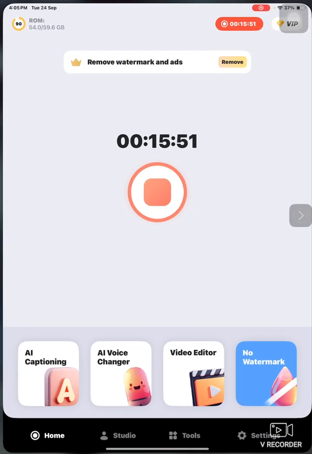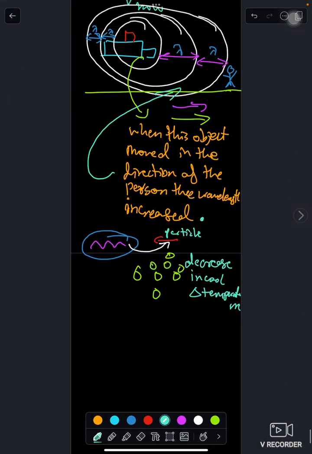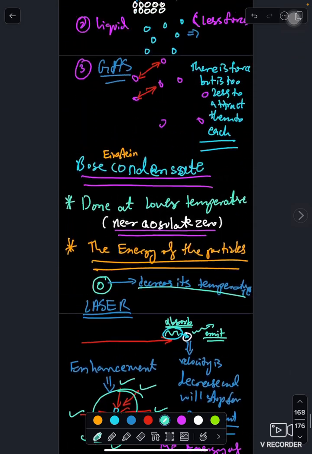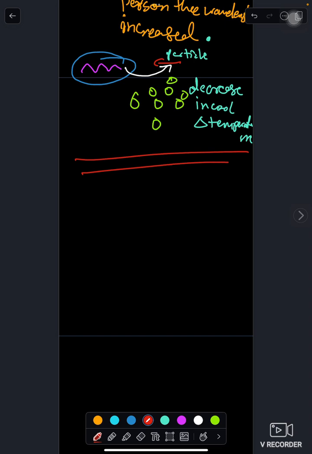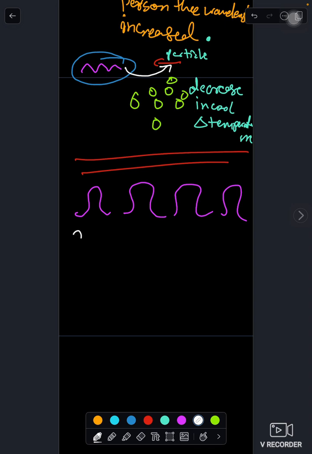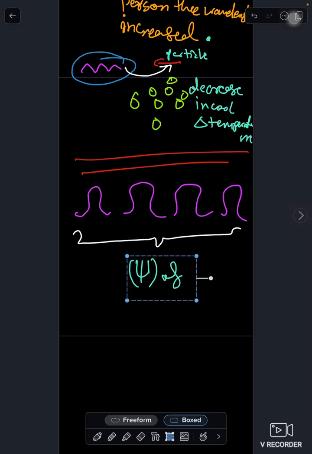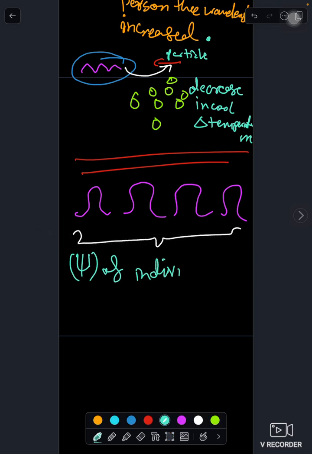So to summarize, or is there something I missed? No, I talked about everything. I have shown how a Bose-Einstein condensate is made. One more thing: at this point, if this is the wavelength, or psi, of individual particles, not wavelength, psi of individual particles,